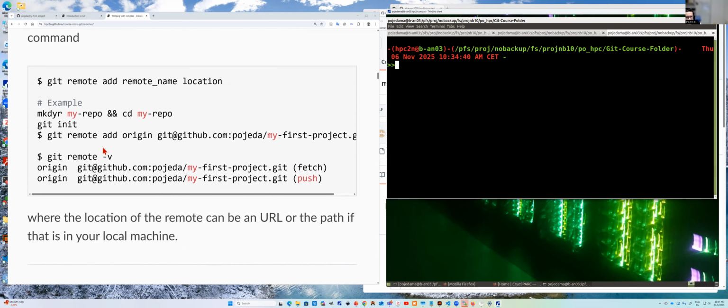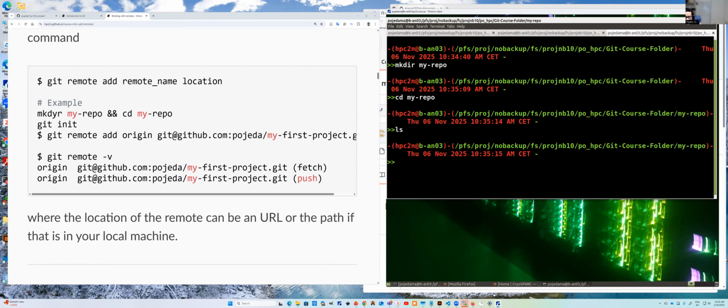So first I can create a directory. Here there is a mistake. Yes, you notice that most likely this is an I, not a Y. mkdir repo, and then cd my repo. And this is an empty folder, right? So then I can initialize it,